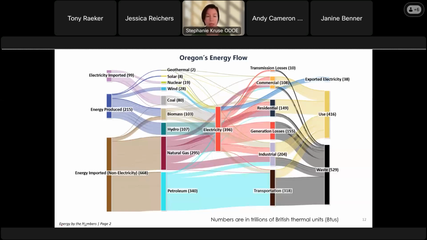The energy we produce and import helps meet various needs, from in-state electricity generation to transportation fuels to the natural gas and electricity that supply homes and businesses. Some energy ultimately goes